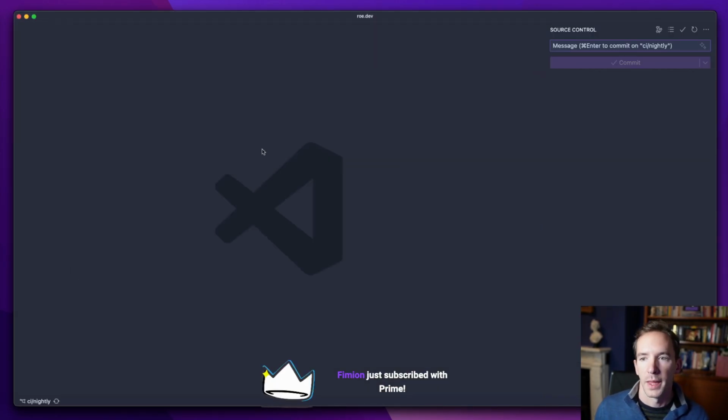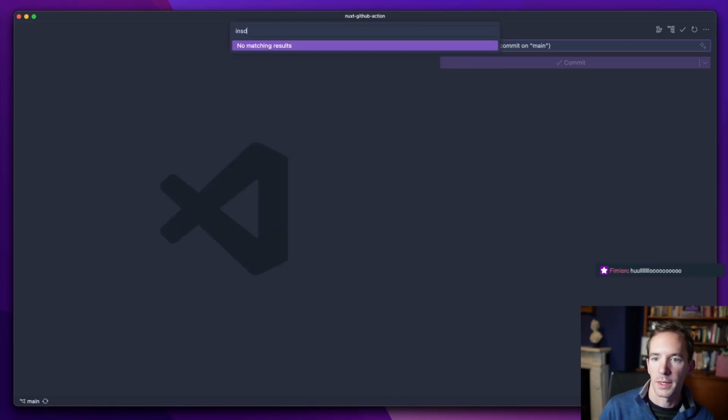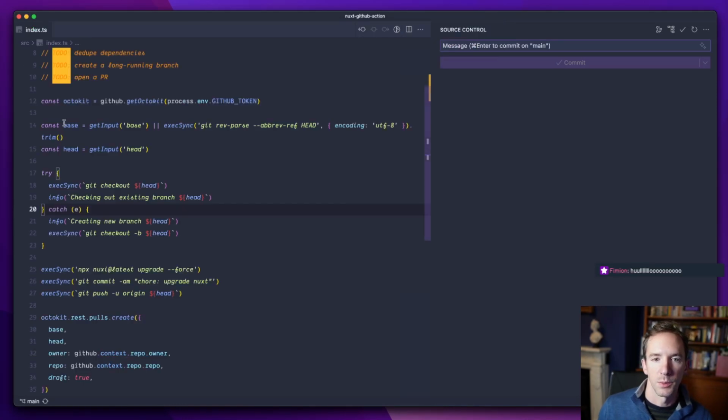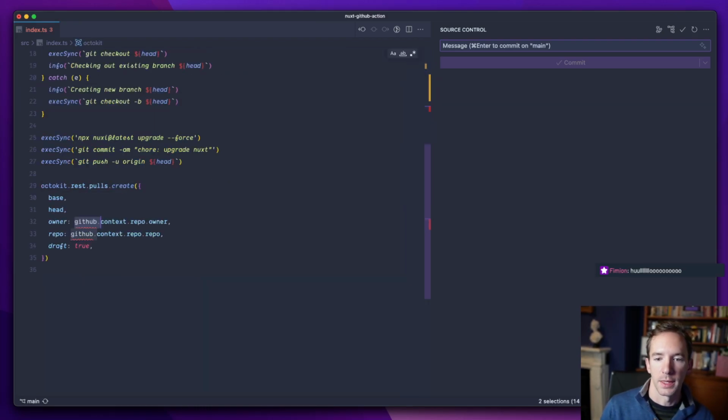Right. Well, that didn't work because the import isn't correct. So basically we likely want to do something like star as GitHub, or we could instead just get octokit and context. I guess that would probably work just as well. And just delete the